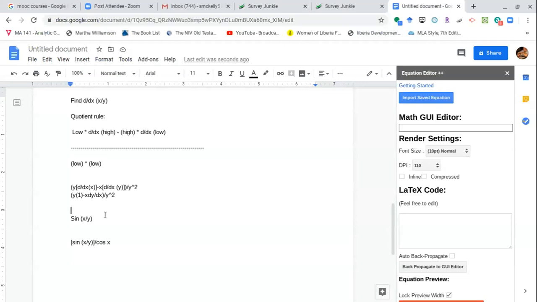If this was equal to 0, say, find d dx of x over y equals 0, then I have to manipulate it and solve for dy dx, right? So then I have y, because y times 1 is y,